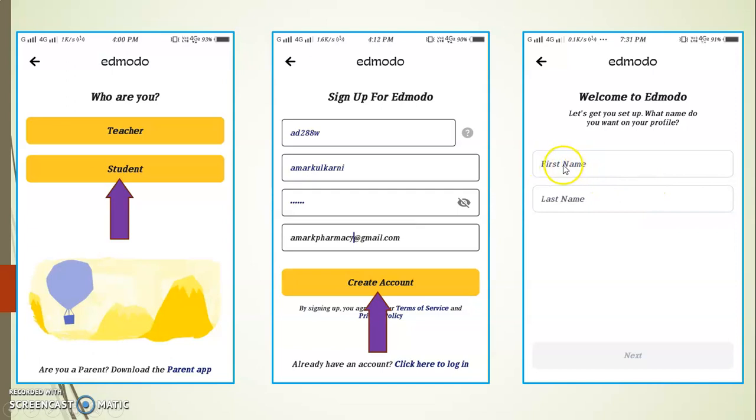Here you have to add your first name and last name, then this next button will be visible. Then you just click on this next button, and it will take you to the next window.